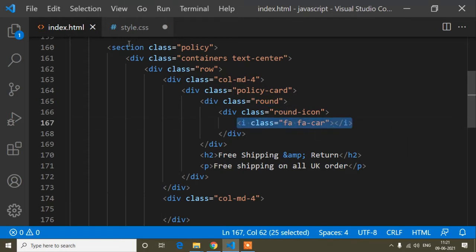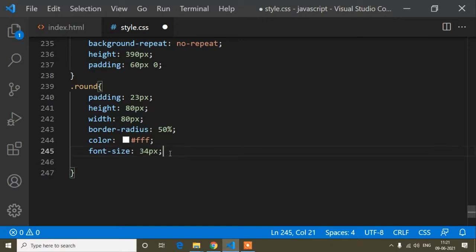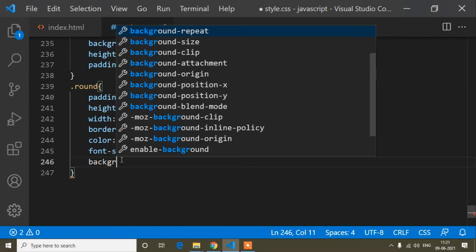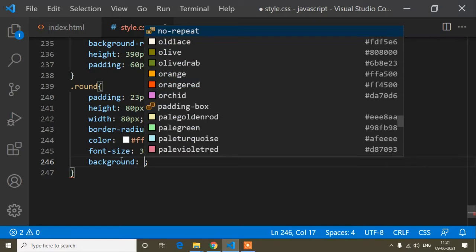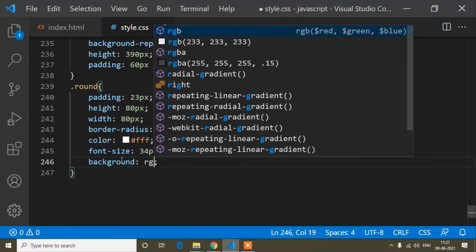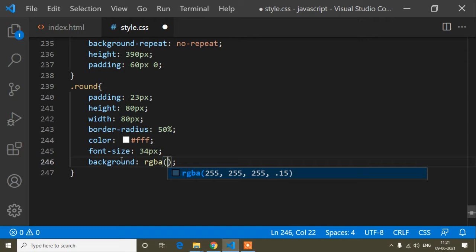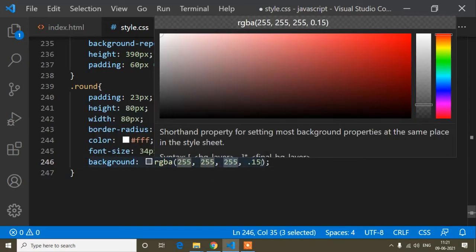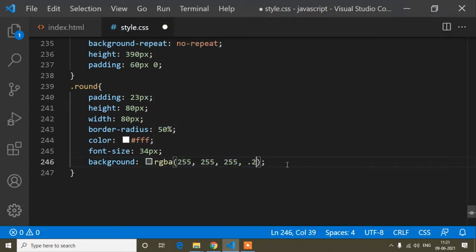So this Font Awesome icon color will be white, and the font size will be 34 pixel, and the background color of this element will be RGBA. So RGBA is the color code. R is the full form of red, G is green, B is blue, and A is used for opacity. So guys, here I will use this color code for red, green, blue, and the opacity I will change to 0.2. Okay, so this one.